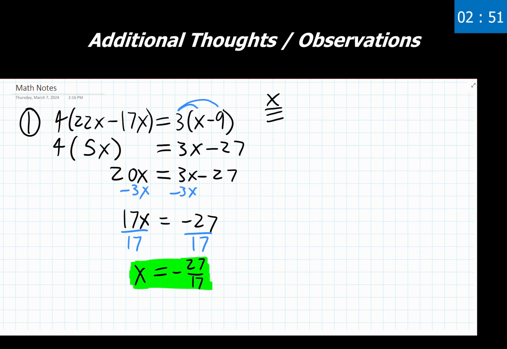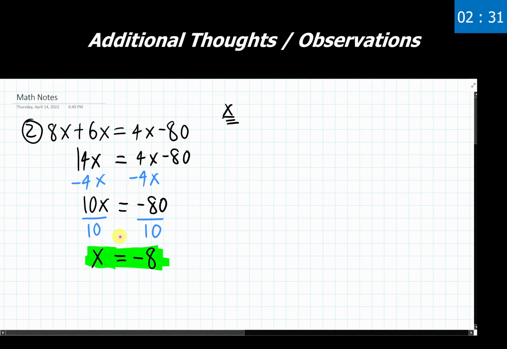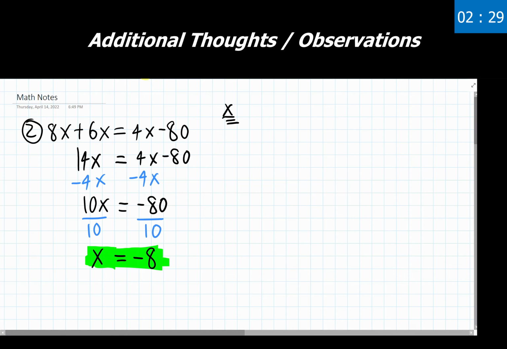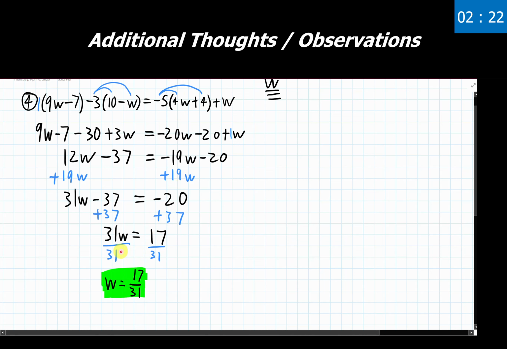So some quick thoughts and observations that I do want to note with our 4 examples before we go back and summarize, recap what we did. If you were writing these down and going along with this, you may be noticing that in our second to last step, when we are dividing with each of these, notice how we're dividing by a positive number here. In our second example, we also divided by a positive number. Third one, we divided by a positive number. In our fourth one, we also divided by a positive number here.